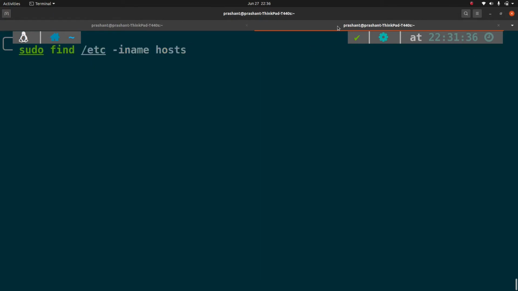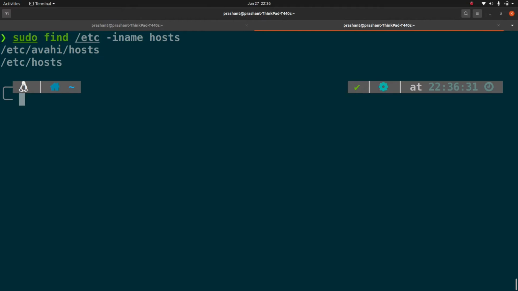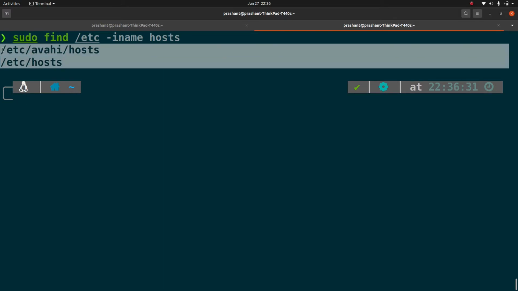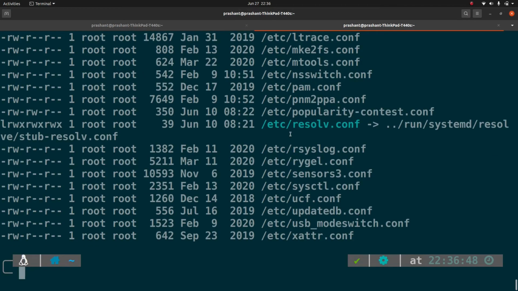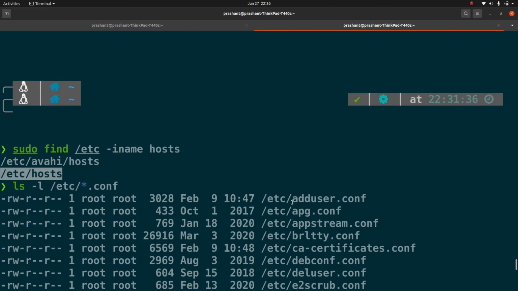Basically what we are trying to do here is to create a find-like utility. In case of find, we supply the directory where we need to search the file and then the file name. If we run that, it's going to give us all the files inside this directory. So this is our first requirement, where we supply these two parameters: the directory to search and the file name. And secondly, in a specific directory, we are searching for all the files. Let's say in /etc, we are trying to find all the files with the extension .conf.